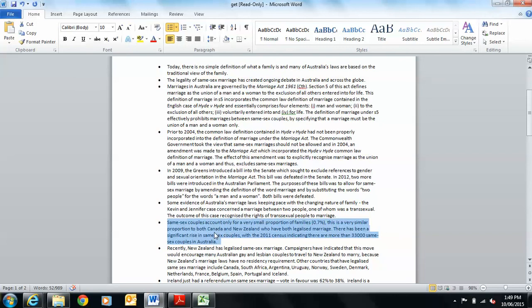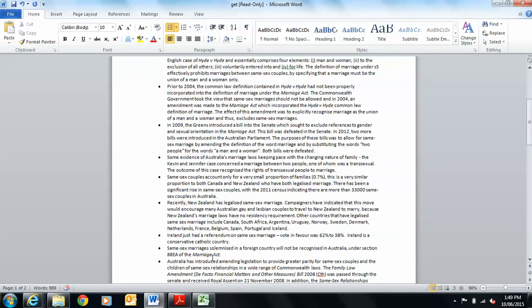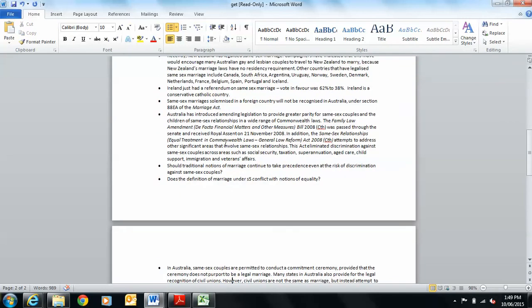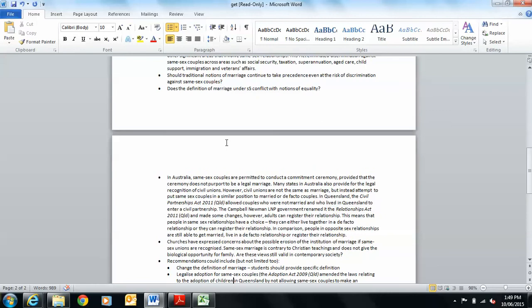There has been same-sex marriage across different countries in the world, so that might be something that says this is a social move. Of course, Ireland has just had the referendum, and a very conservative Catholic country voted in favour of it. And so then some other points that you can look through there and say, is this about equality? Is there an element of discrimination that comes into it?